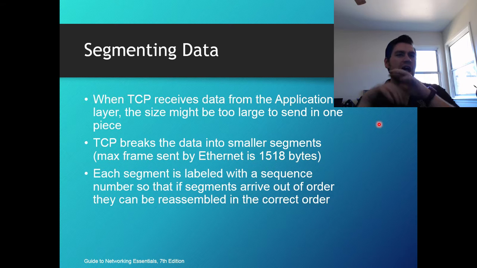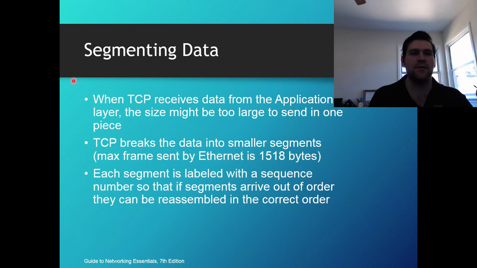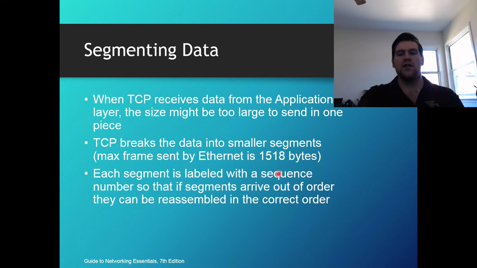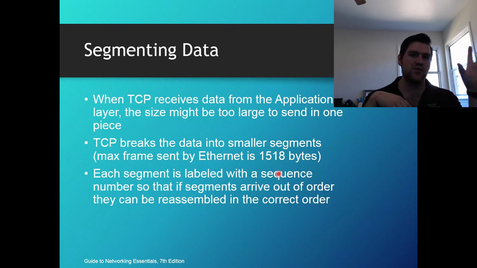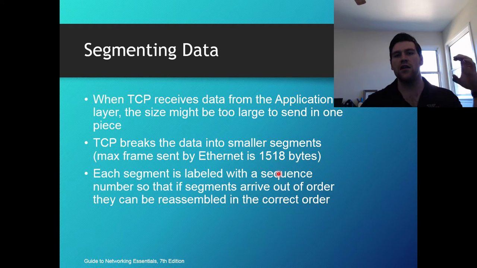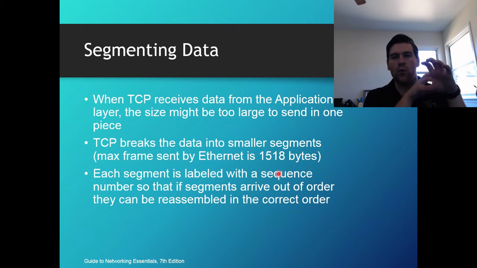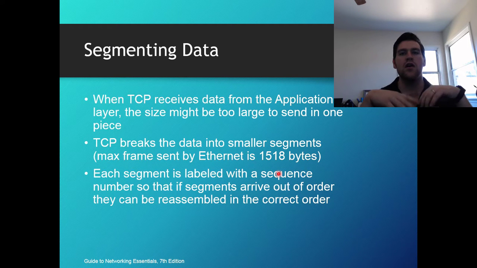So in order for data to reliably get from point A to point B, and then be reassembled on the right end, it uses segments that are labeled with a sequence number. That sequence number tells it, when it gets to the receiving end, 1, 2, 3, 4, 5, 6, 7, 8, 9, right? So if you segment it down into, let's say, 10 segments, each one's going to get a sequence number. If one came in first because the path it took on the network was faster, and then the next one comes in out of order, so let's say 2 comes in before 1, that doesn't matter because the transport layer is going to reassemble them into the correct order